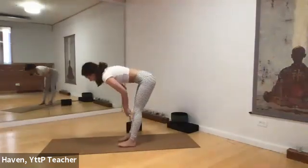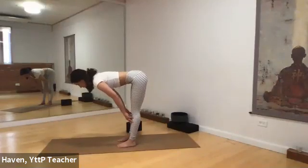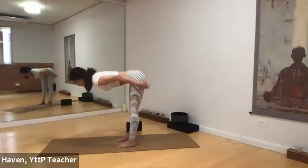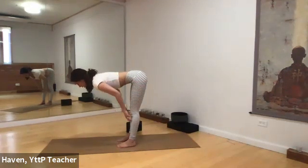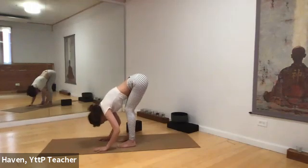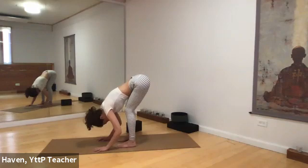On an inhale, you'll come into a halfway lift, hands onto shins or thighs. Rock the weight forward, chin slightly away from the chest. So there's 90 degrees almost between your legs and your torso. Take one more breath here, and on an exhale, release the upper body, bend behind the knees, back into that